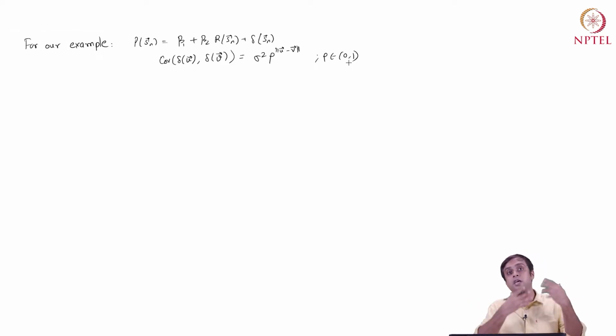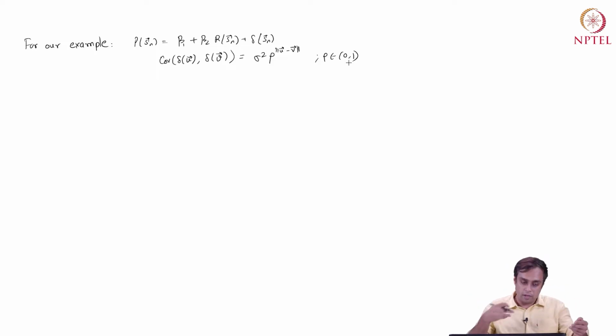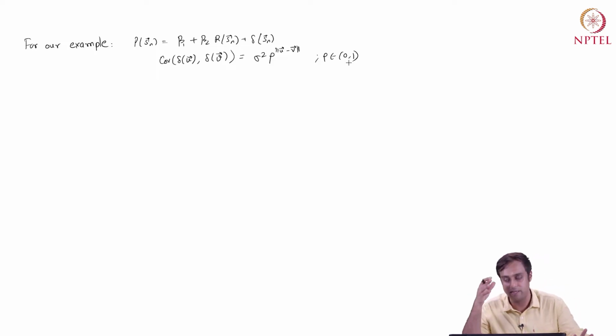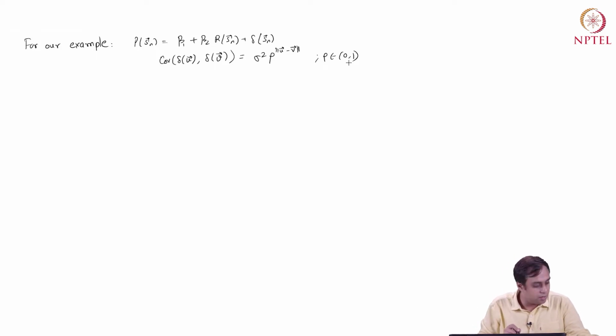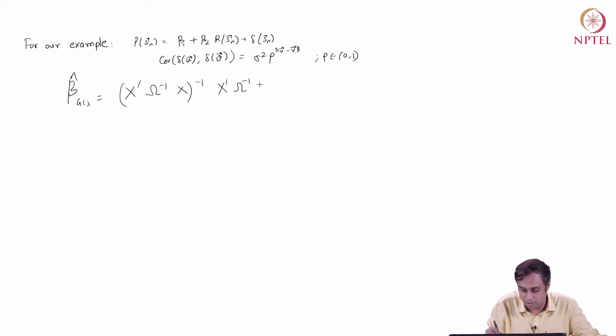That is to say that if I see a high value at a given location, in its neighborhood I am likely to see lower values. So spatial autocorrelation can be positive as well as negative. In most cases, you will find cases of positive autocorrelation. It depends really, right? Okay, so now when I say beta hat GLS is (X' Omega inverse X) inverse X' Omega inverse